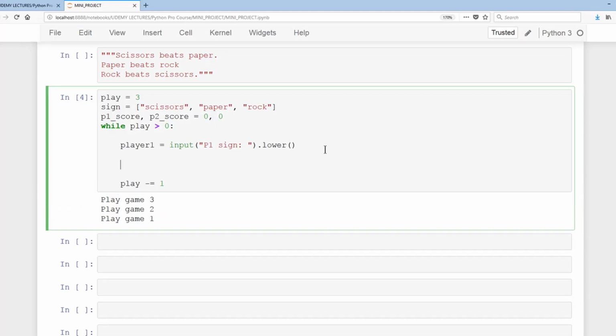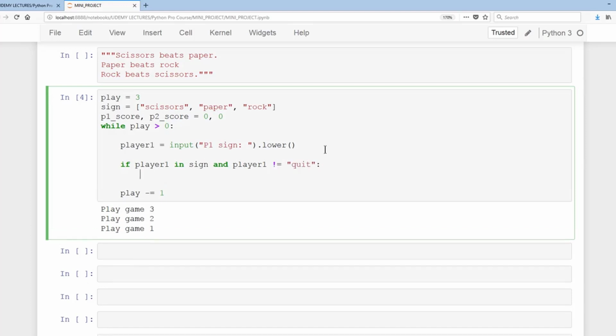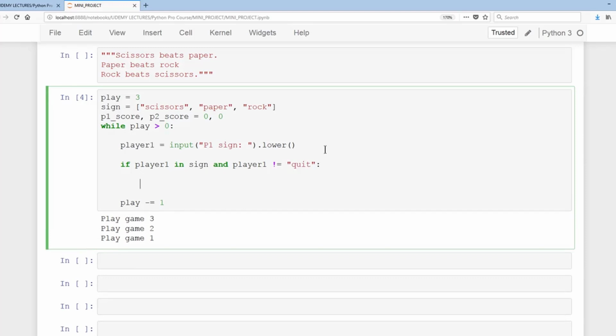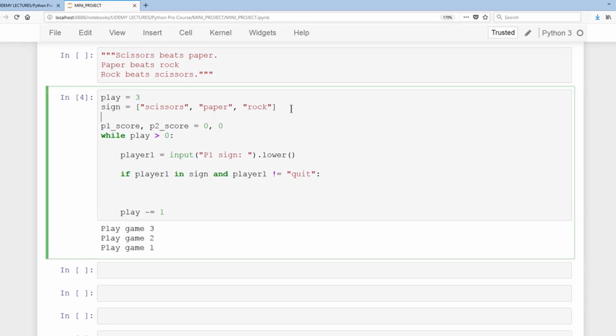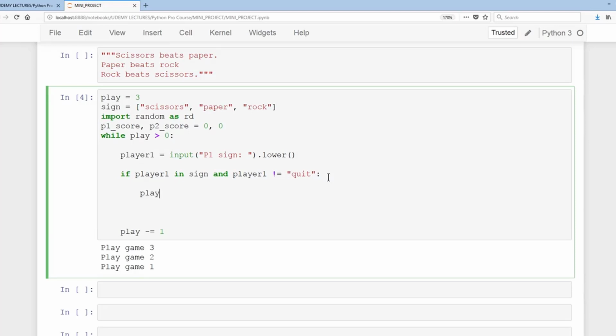And then we'll do some control flow of if player 1 is in sign and player 1 is not equal to quits, colon. We'll do firstly an import of import random module as RD. So this is then going to allow for player 2 to input. So player 2 equals